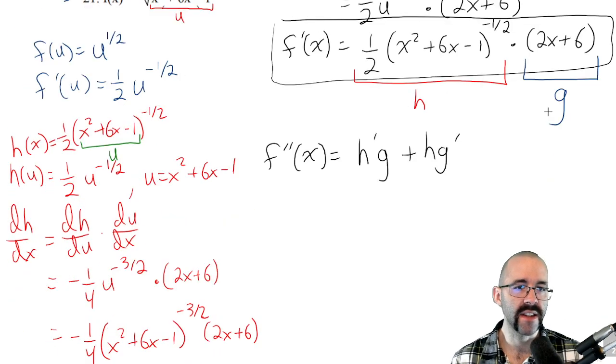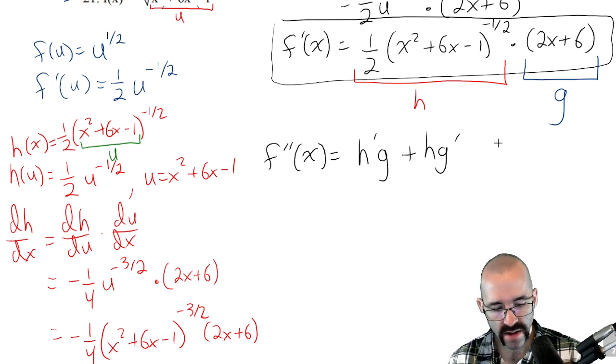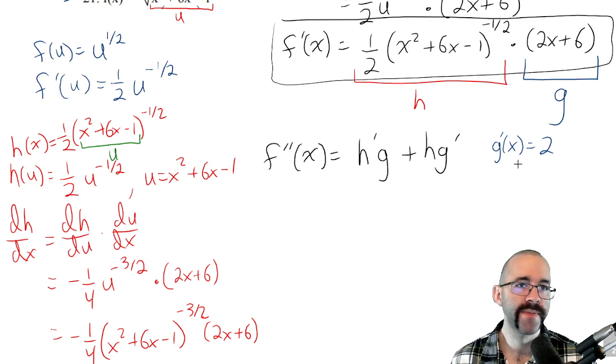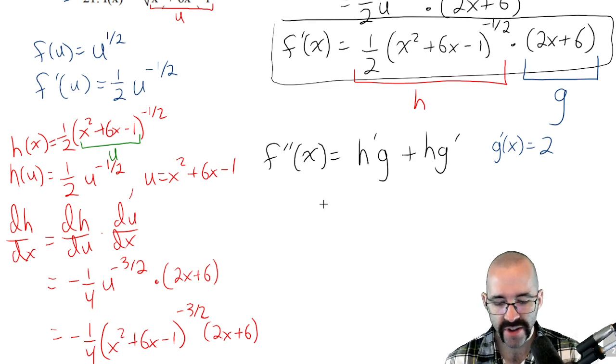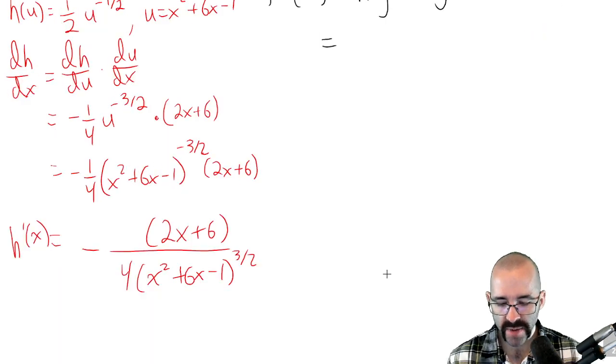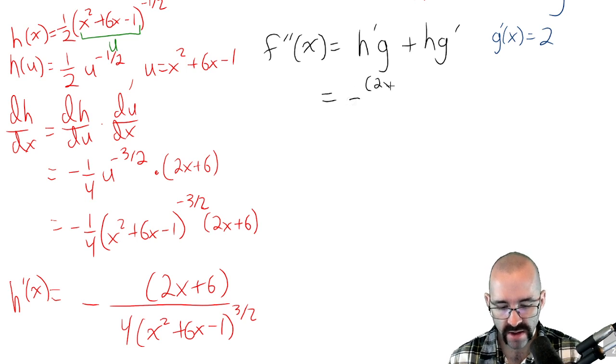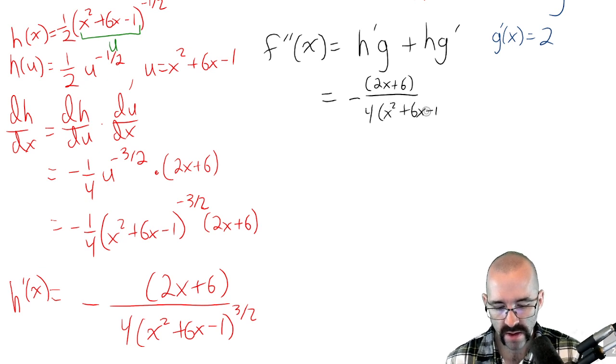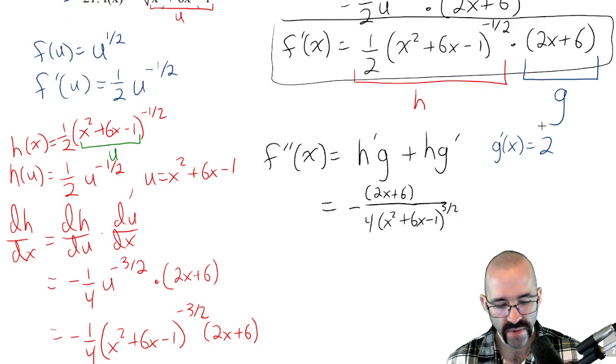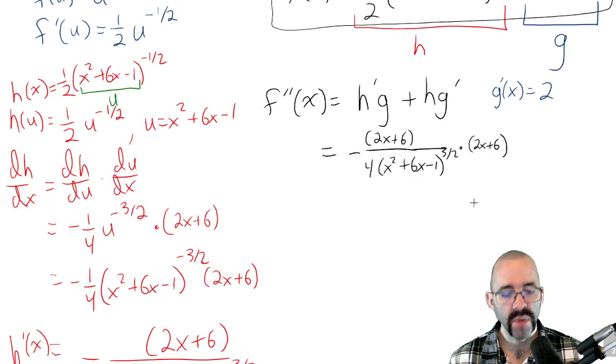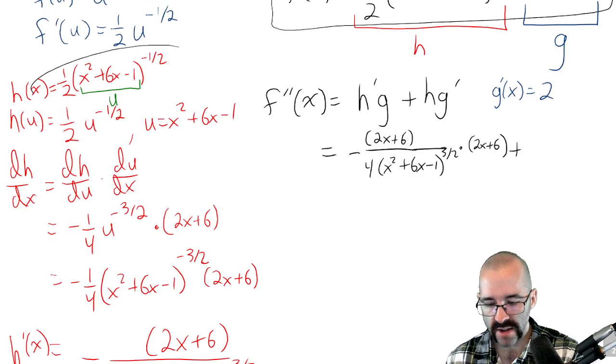Well, g and g prime are much easier, right? g prime of x is just 2. g is just a line. Its derivative is just 2. So let's finish the problem. We got h prime, which is that monster, times g, which is 2x plus 6, plus h, which is this guy,